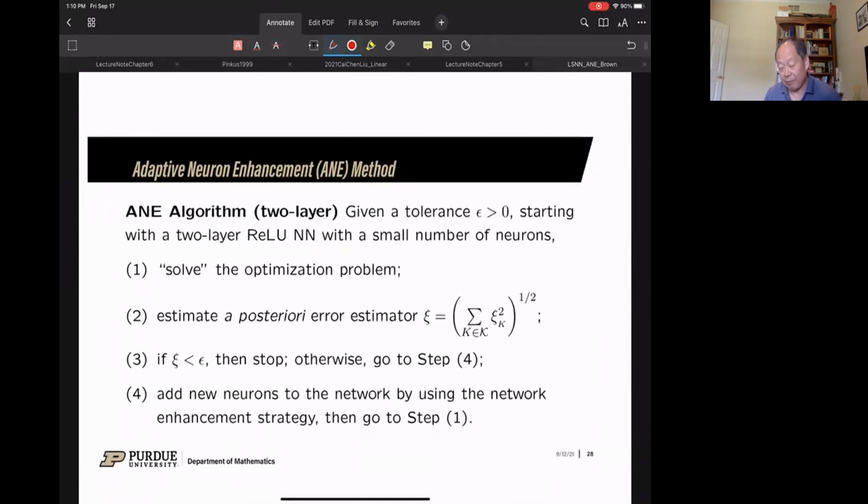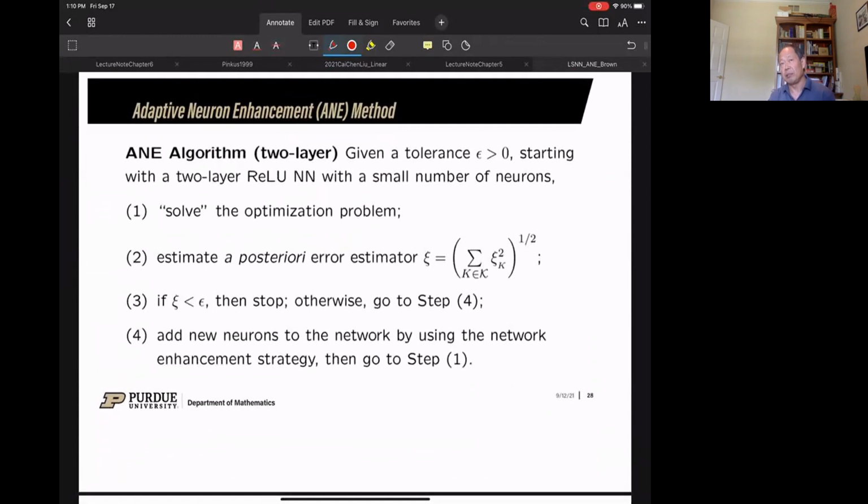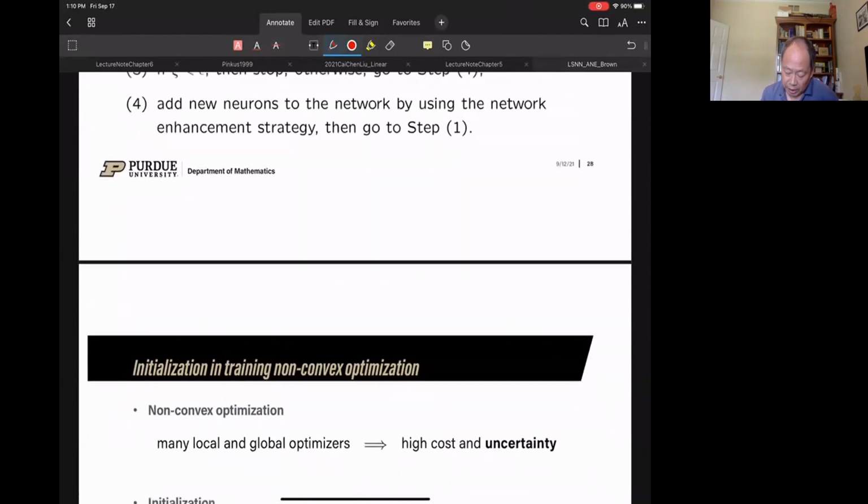Once we have the enhancement strategy, you can rewrite this as an algorithm. Basically, you start with a relatively small neural network, then gradually you go through this procedure. The key part is that the estimator is good, then you have a good enhancement strategy. So let me show you the